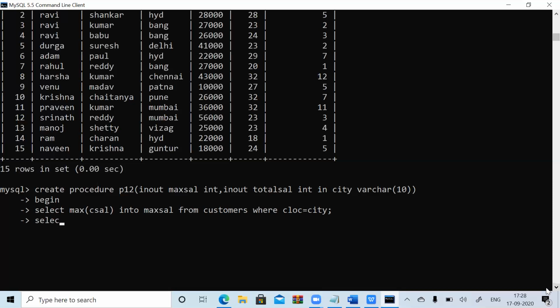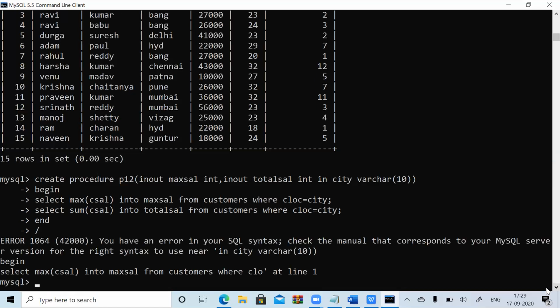Again, select sum of C sal into total sal from customers where C location equal to your given city. Okay, check it. Again, end, close it.